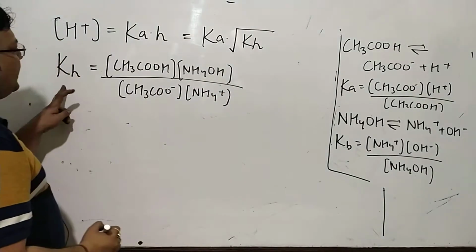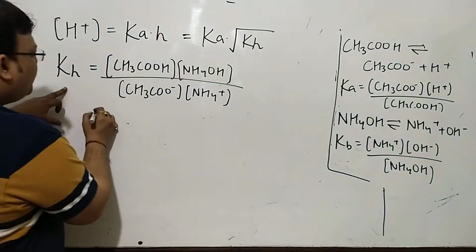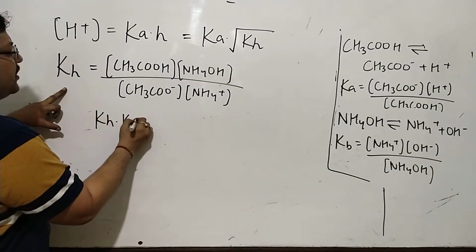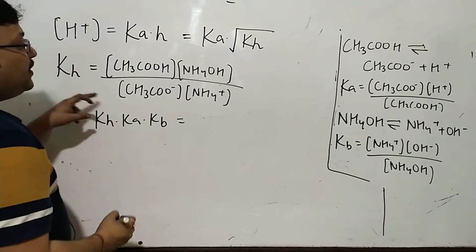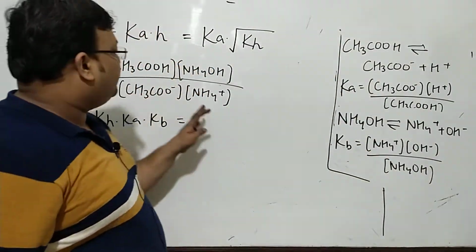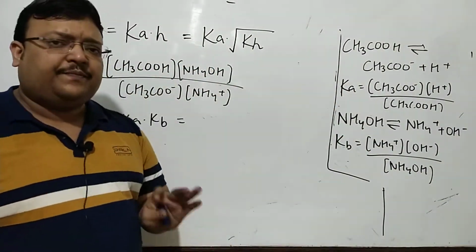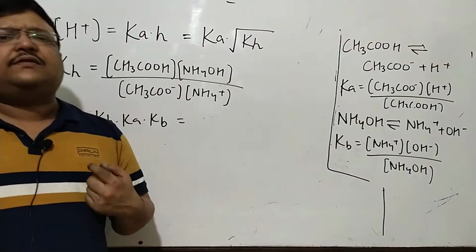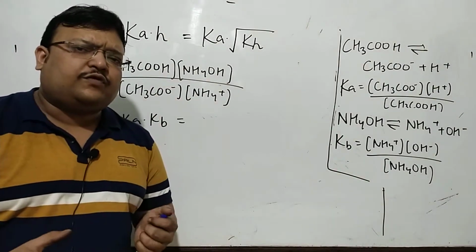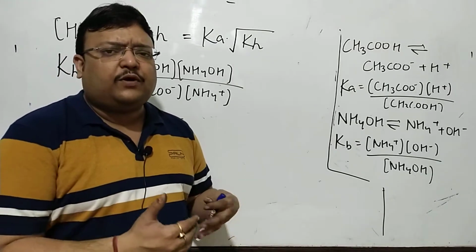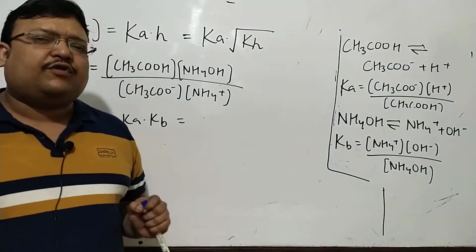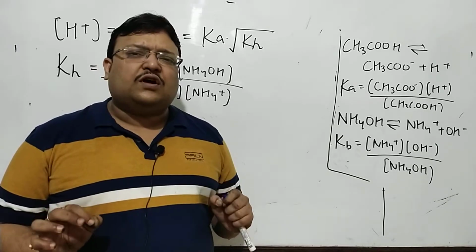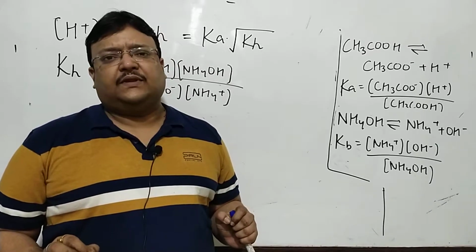Now if you multiply Kh and Ka and Kb, you will want to do it at your convenience. If you get confused, you will want to rewind the video, maybe see it a couple of times. And I've always told you, it's always good to learn from the textbook first.